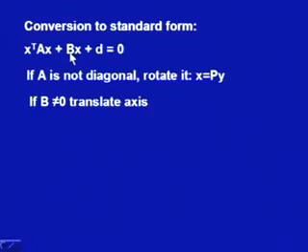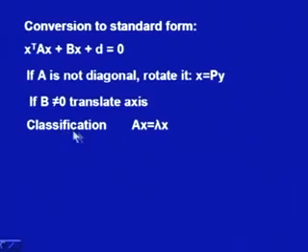And if B is not 0, then we translate the axis so that we can get rid of this, and we finally have y transpose A y plus D equal to 0. So this can be easily converted into a standard form,